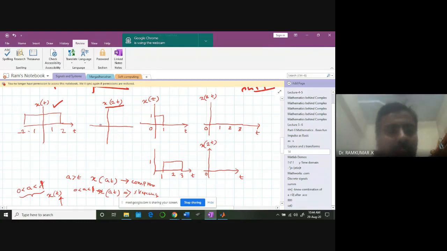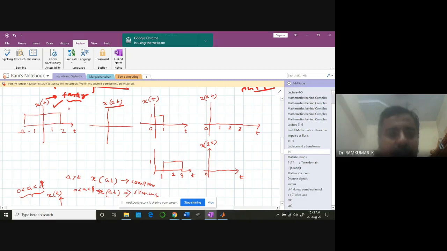What's happening exactly? See, when you run the time fast, normally in a tape recorder, if you are going to run your signal, you are listening to music, when you increase the number of rotations, or otherwise in a YouTube video you are watching, suddenly you want to increase the speed with which you want to see the video. What do you do? You press 1.5 times or 2.5 times. You understand? So you try to increase the speed.